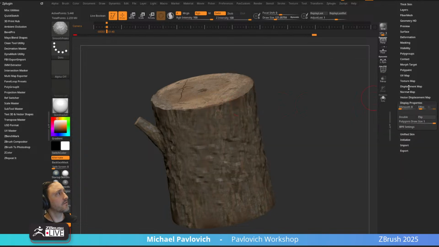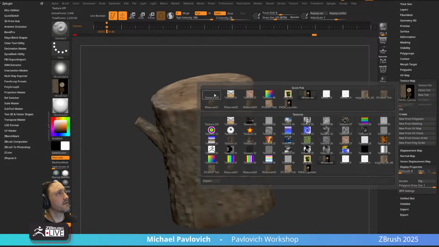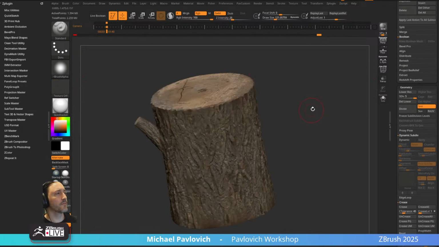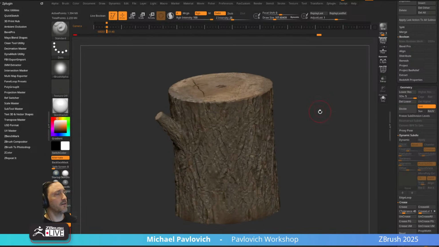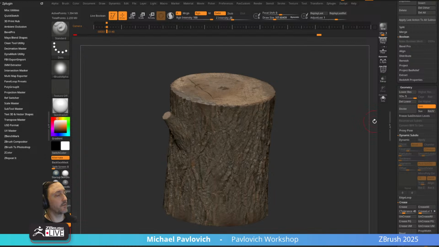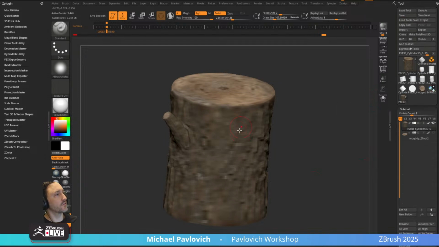Now, let's turn that off and turn that off and go back up and turn that off. So at this point, if you wanted to bake what you've done out, you would export the high res, export your low res, and then bake that in Substance Painter. If you wanted to just dump out your low res,